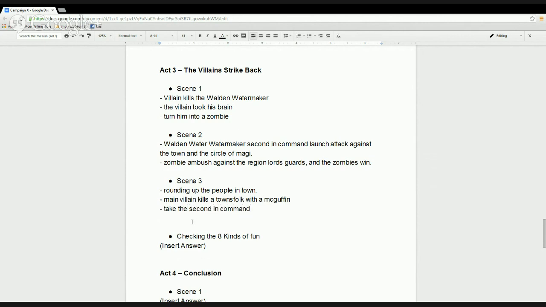Okay, and then what I see happening now, and I think this is actually a really good use for our little wild card, is we need to give them a little bit more information. They need to be told about a secret way, a tunnel, or something into the Circle of Magi's main area. A way that they can break into where the second in command is being held. And the idea of using